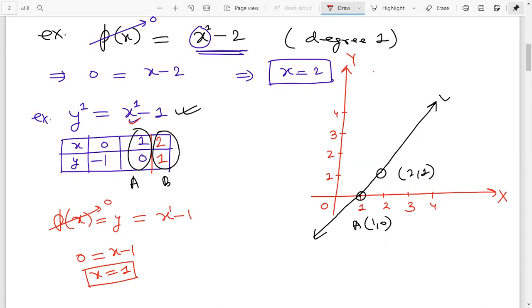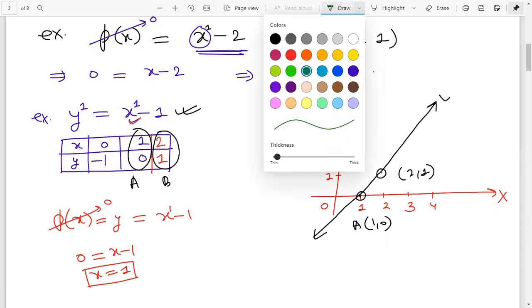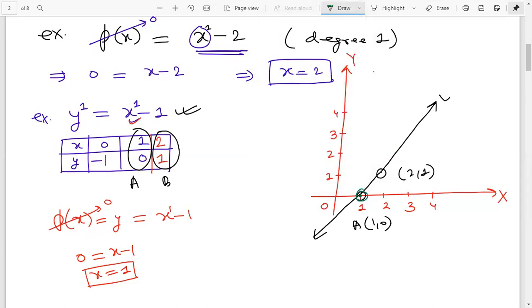From the graph also we can find this point (1, 0), here it is. This is the zero. And one more important piece of information we get from the graph: this line will cut the x-axis at only one point, (1, 0). This point (1, 0) means x value, y is 0, and the x value gives the zero's value. So the zero will be 1, because this graph cuts at only one point, and the value of that zero is x equal to 1. From the graph also we can find it.